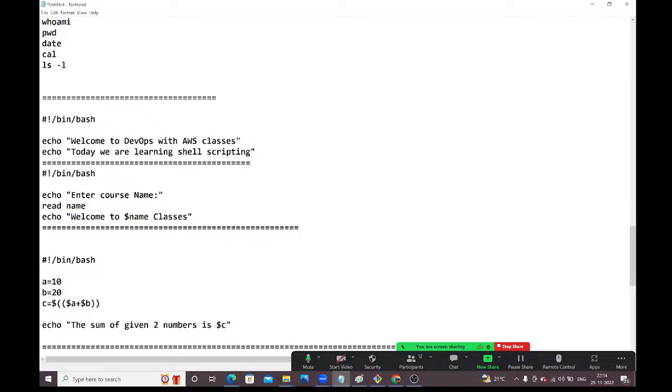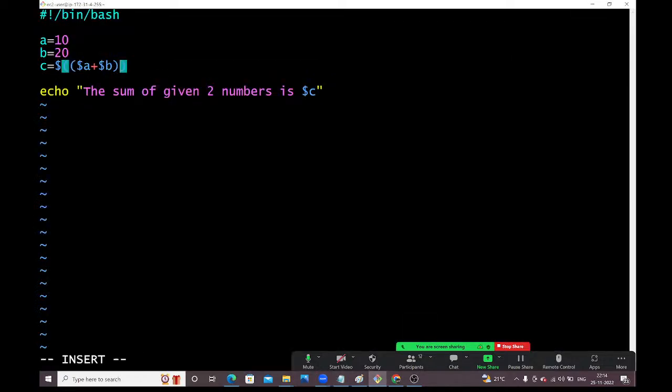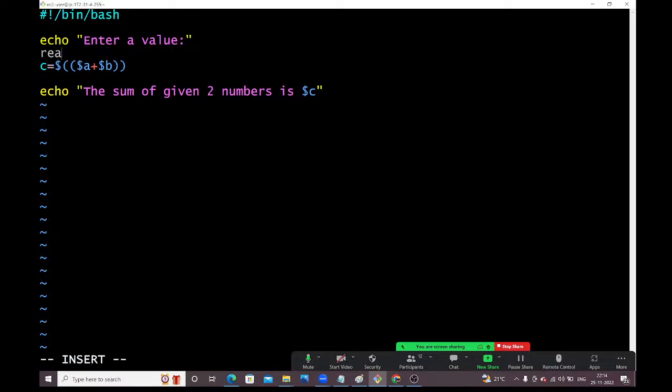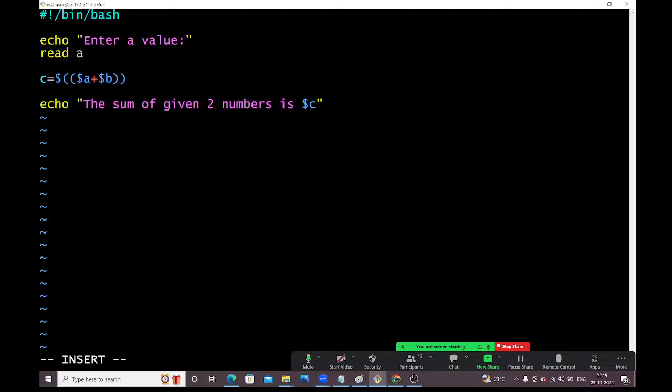See guys, how to take this dynamically. Go to insert mode. Only these two things I want to change, guys. Here, echo, I am going to give: enter a value. Enter a value, I am taking it here. Next, read a, we need to read the value. Next here, echo